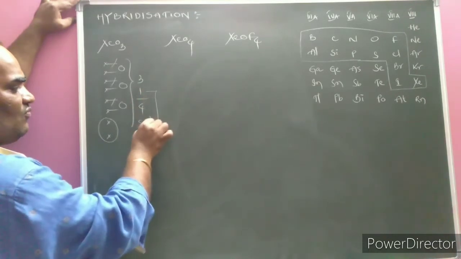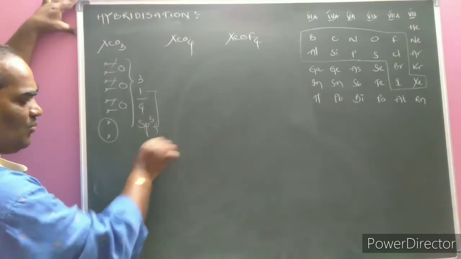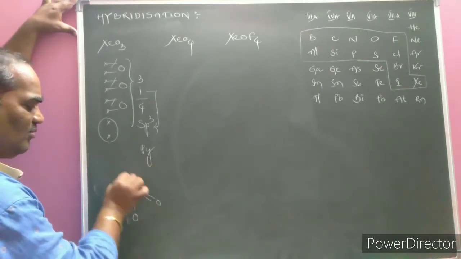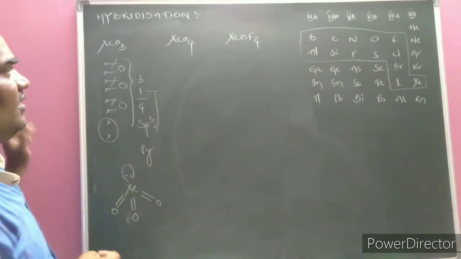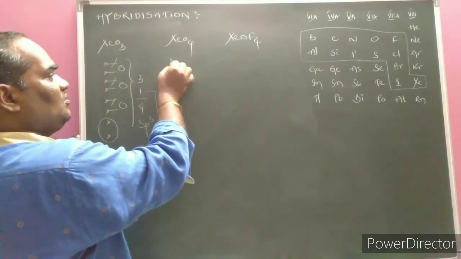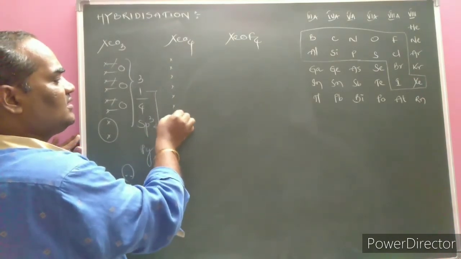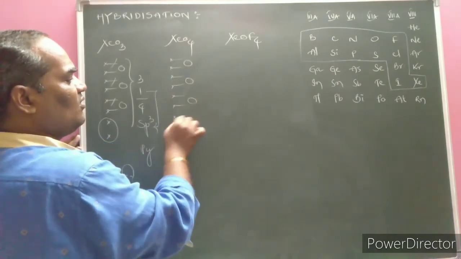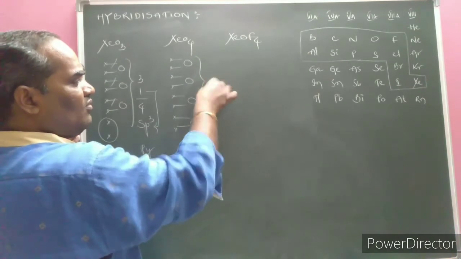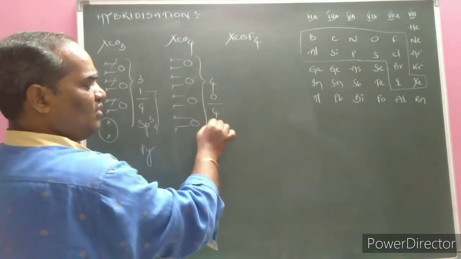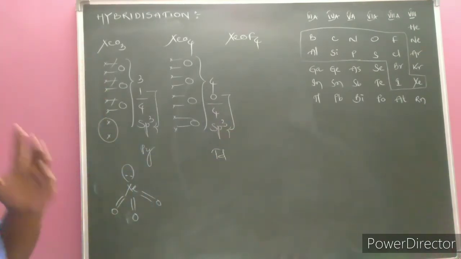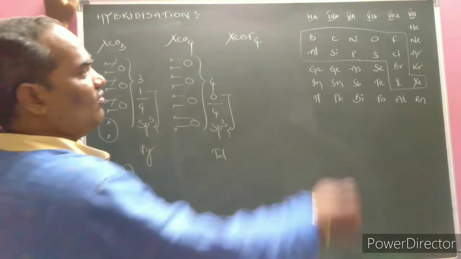In sp3 hybridization with 1 lone pair, the shape is pyramidal. In the pyramidal structure: Xe, double bond O, double bond O, double bond O, and a lone pair of electrons. Next, xenon tetroxide: xenon has 8 electrons. Here there are four double bonded oxygens. Number of sigma bonds 4, lone pair 0, total 4. sp3 hybridization, no lone pair, the shape is tetrahedron. 4 oxygens are directed towards the corners of a regular tetrahedron.